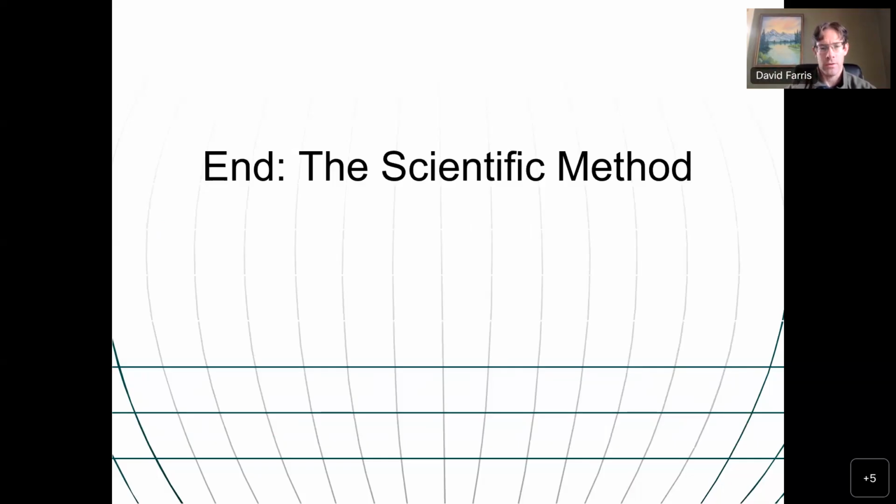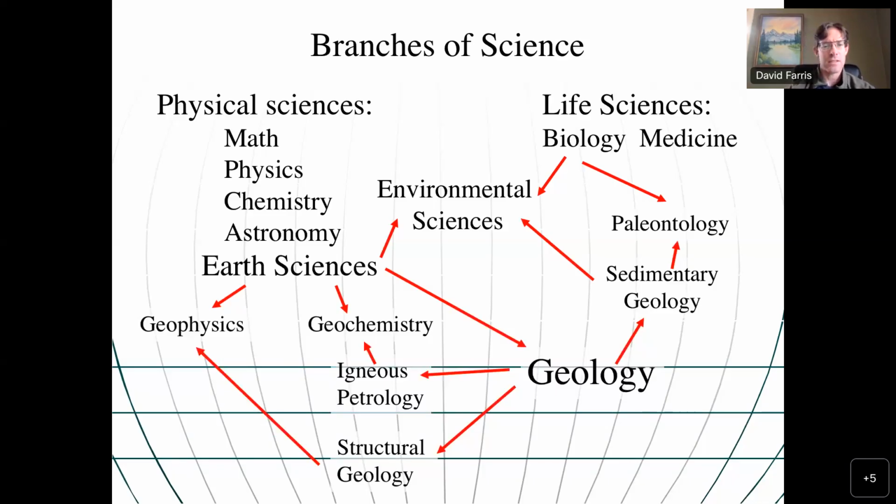I'm going to talk a little bit about geology and the geosciences and where these things fit in. If we look at branches of science, you can make two big groupings: physical sciences and life sciences. Nominally, the earth scientists, which include geology, are in the physical sciences. But there are branches of the geosciences that are in between life sciences and physical sciences. We've got things like geochemistry, geophysics, structural geology, igneous petrology, which covers how rocks form and how they are deformed,